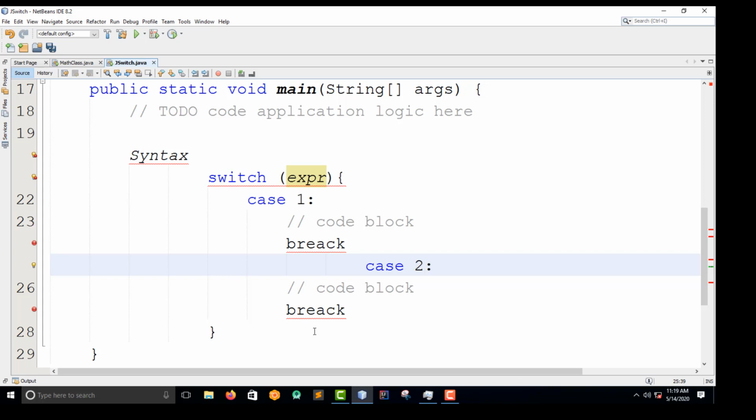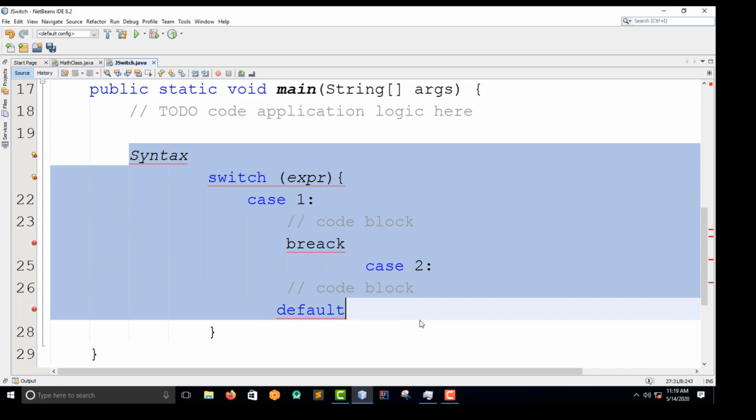But this one, I want to use another keyword here which is called default. In fact, the word default means that if your cases are all passed without finding the result, then your system is going to display whatever the default is. So guys, let me remove this so that we can do the practical part.